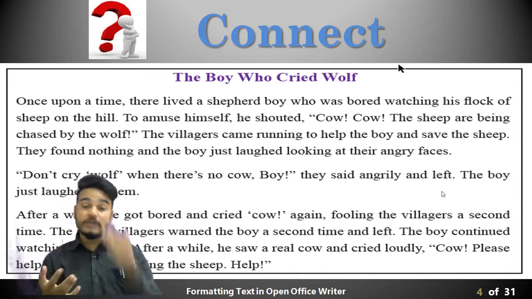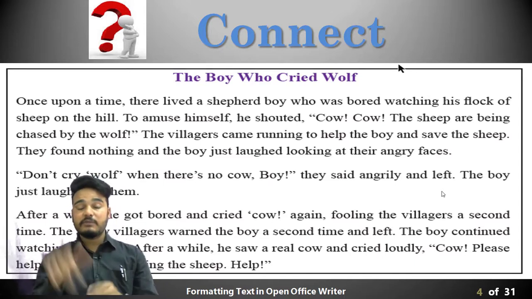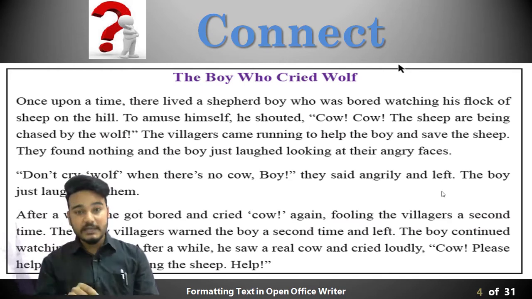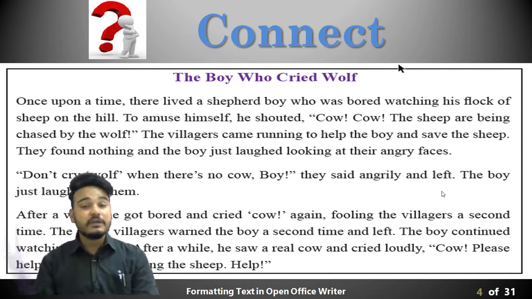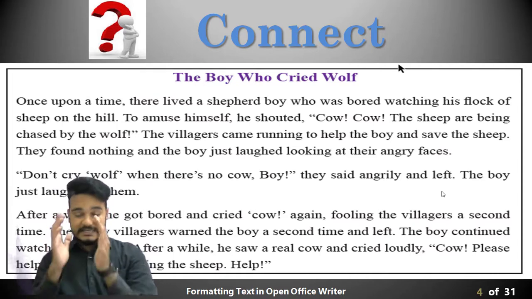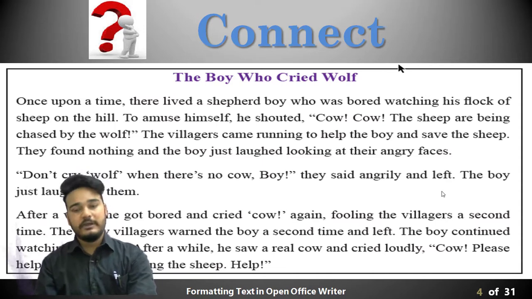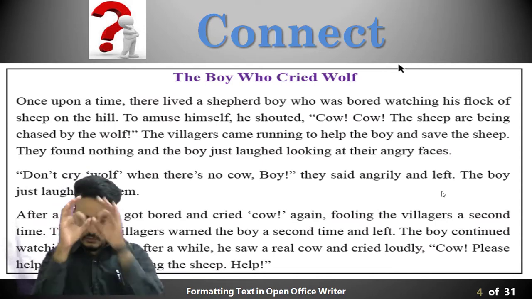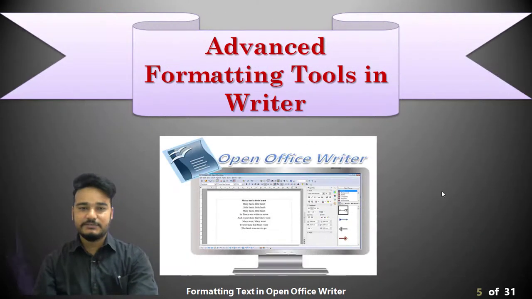Now what we have to do, हमें क्या करना पड़ेगा? In every line we have to take your cursor या फिर अपना माउस पॉइंटर ले लो, उस वर्ड को सिलेक्ट करना है, then you have to use your backspace or delete key, delete it, then type it again. It will be quite a lengthy process, but our OpenOffice provides us a very nice option, and using that option we can select that particular word and replace it with another word. And for that we have a separate binocular option, and let's see what that option is.